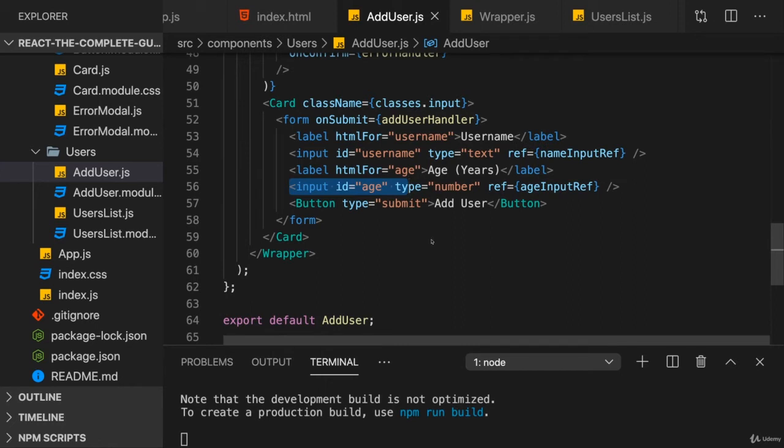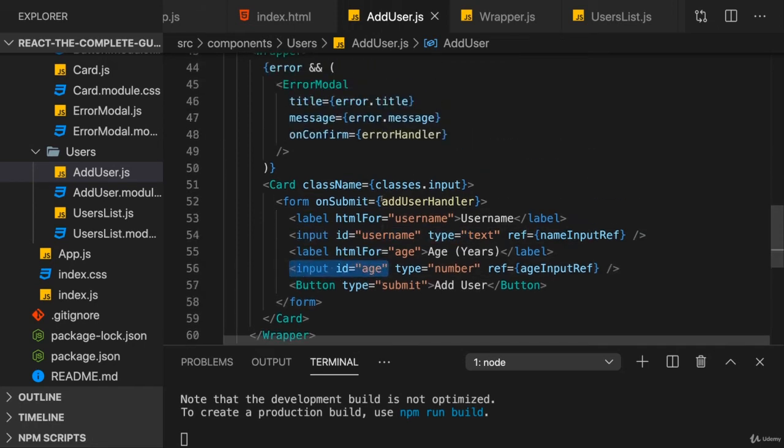Now, you can talk about uncontrolled and controlled components also in the context of other components. But most commonly, we have this scenario when we talk about input components, about form components in general. Because those components tend to have some internal state natively by the browser. An input element is configured to take user input and save and reflect it. And when we then work with those components in a React app, we want to connect our React state to that. That's why we typically have this controlled, uncontrolled thing when we work with input components in React.